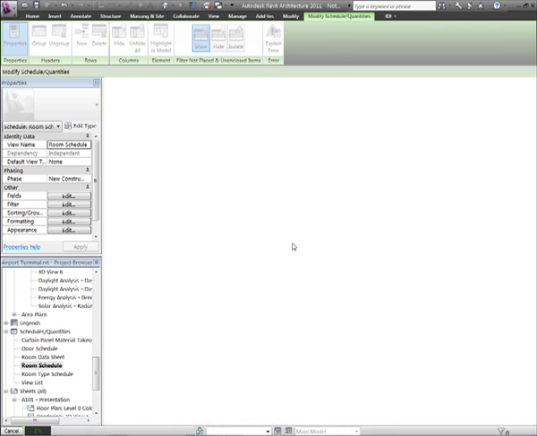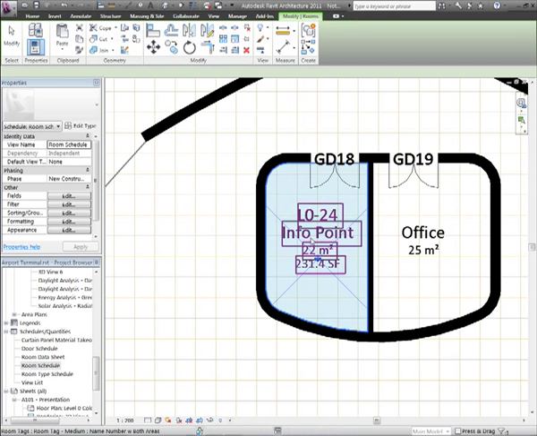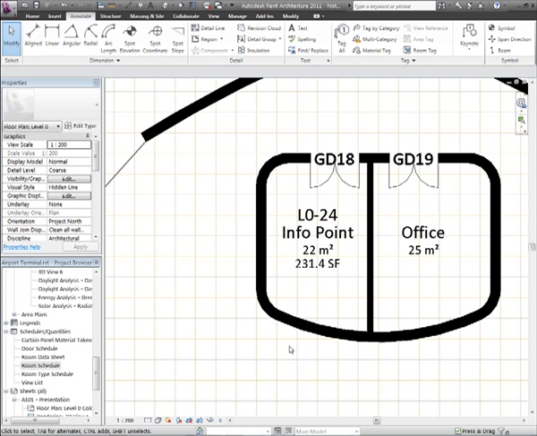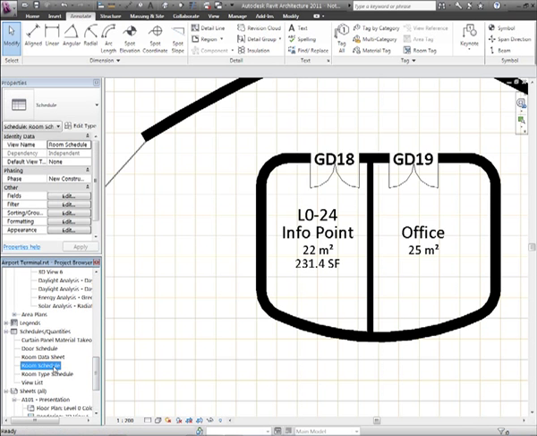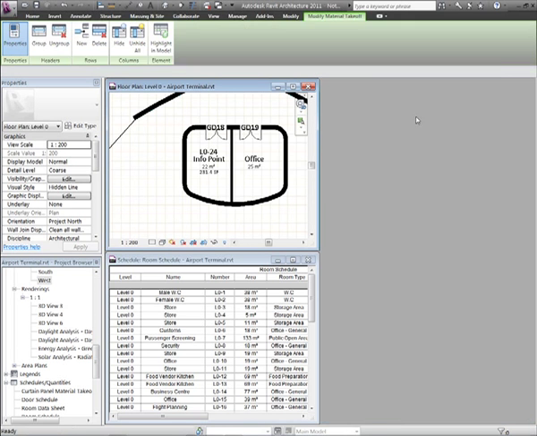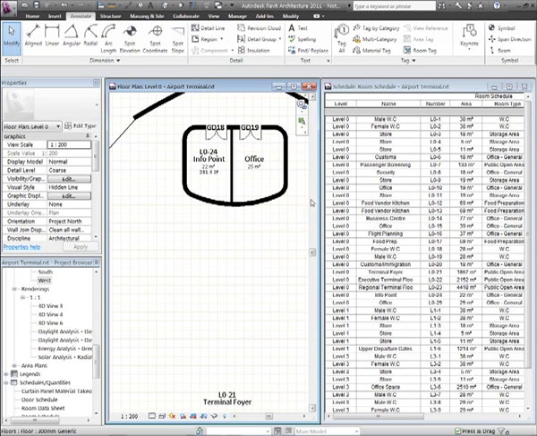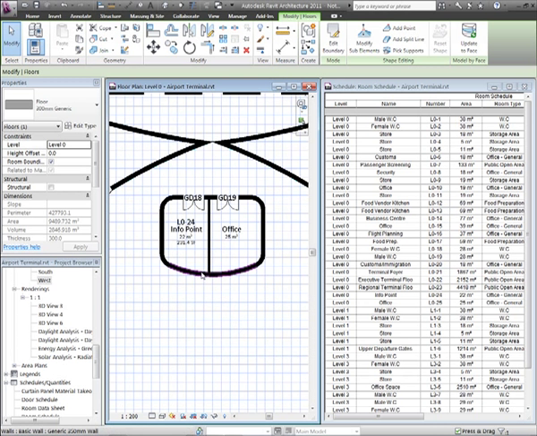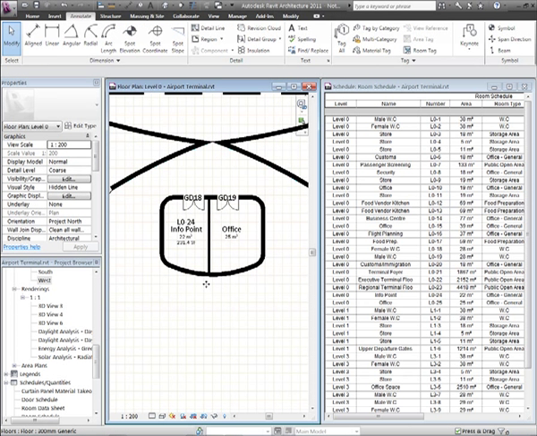So what that will now do is open a view for me, and that will take me directly through to where that exists. What I'm able to do now is actually tile those schedule and view together. So I'm just going to tile those like so, and let's just get rid of the curtain panel. Tile those again. So what I want to show here is that it's actually possible to make a change in either the plan